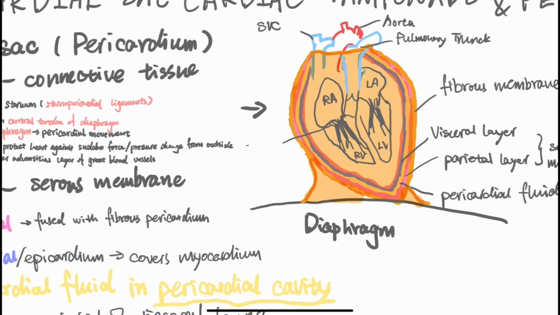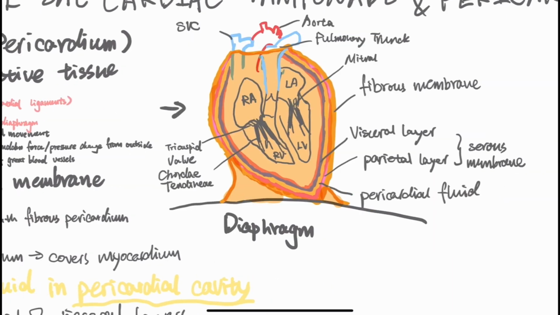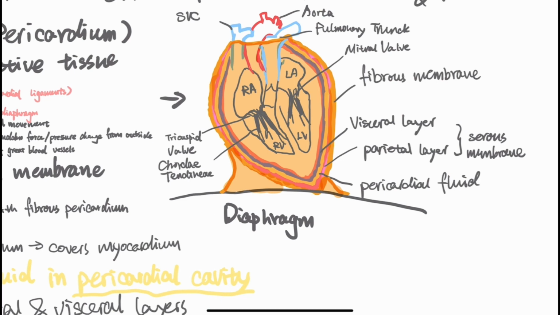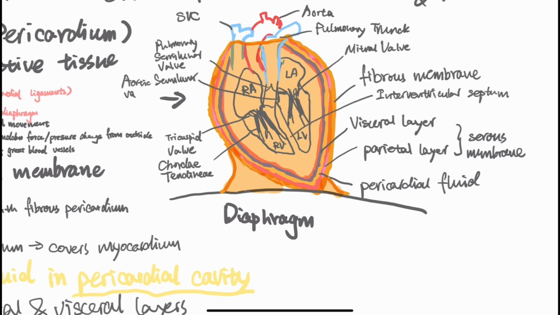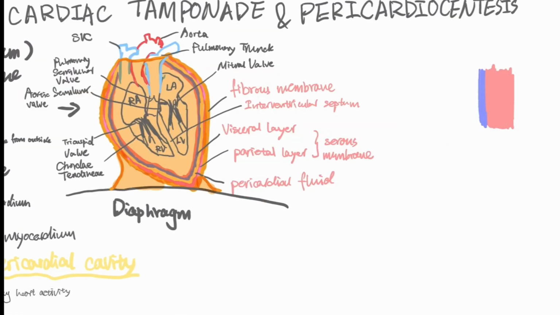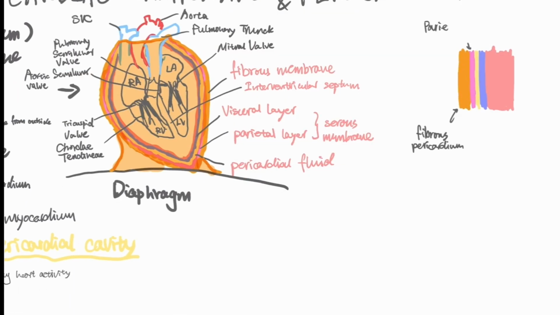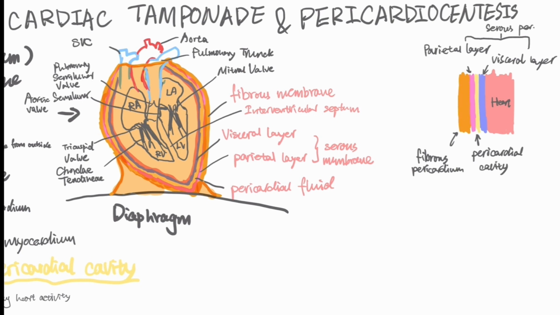Just to help you visualize other heart structures, here I'm adding in the chambers of the heart. This might not be the most anatomically accurate drawing, but I'm hoping it can give you a better idea of the various structures inside the heart. And again, here's a simple demonstration to show you the different layers of the pericardium, which are the main focuses